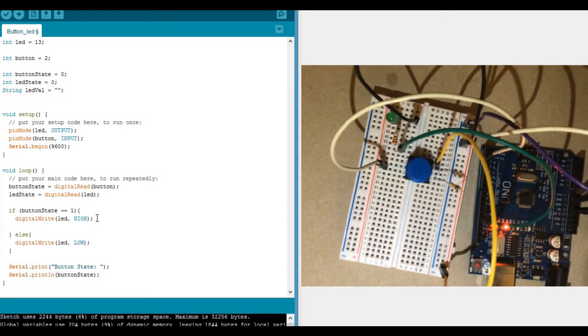So I will type here, you know, here I told the Arduino that if button state is 1, then switch on LED. So what I'll do here is to type LED val will then be equal to on. Don't forget the double quotation mark anytime you are putting a string. So else here it should change, LED val is equal to off,